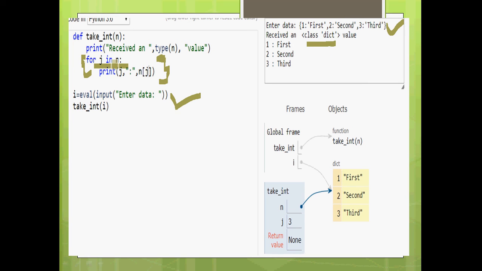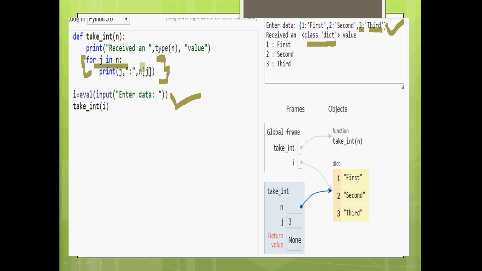In the dictionary, you know that there will be key and value pairs. So check the value I entered. 1 is the key and the value is first. 2 is the second key, value is second in words. 3 is the third key and the value is third.